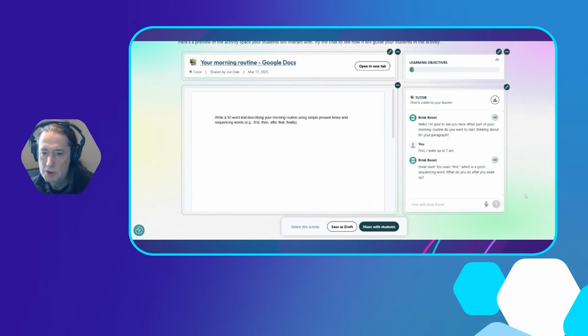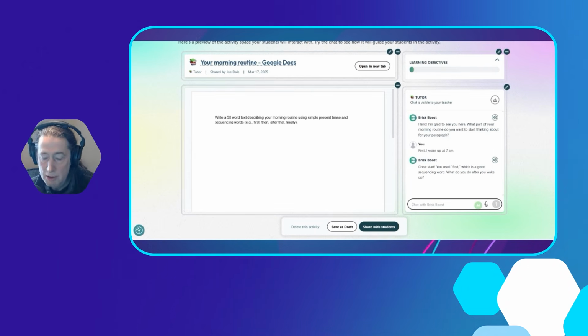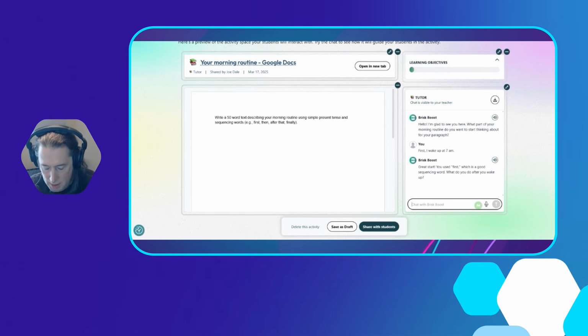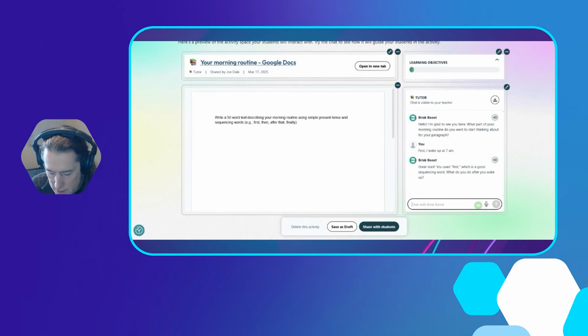So each student would have their own chatbot, and they could interact with you. So you choose the assignment, and then each student can independently get support from the chatbot. And as I said, this is GDPR compliant. Okay, so right, so after I've woken up, I could then say, then